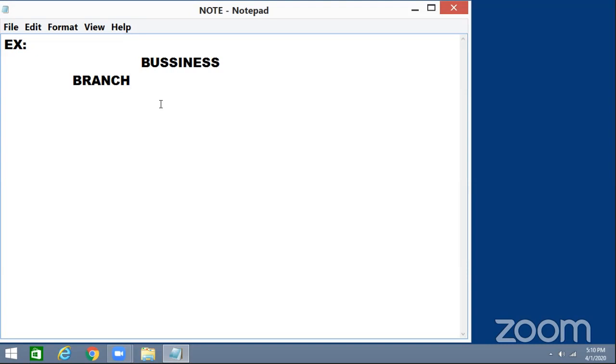For example, our location is Ameerpet. We are thinking that Ameerpet is the best location to do business. So in Ameerpet I am starting one branch. That means we are going to open one new branch in the Ameerpet location. So I need a branch first. That is one resource I require. The second resource I require for the business is employees. Because if I do some business, I need a branch, and we are going to open one branch.